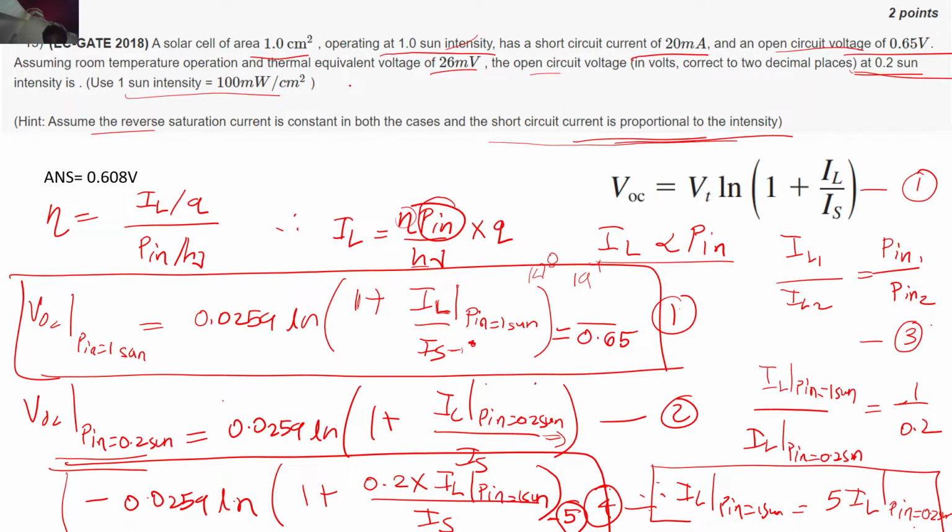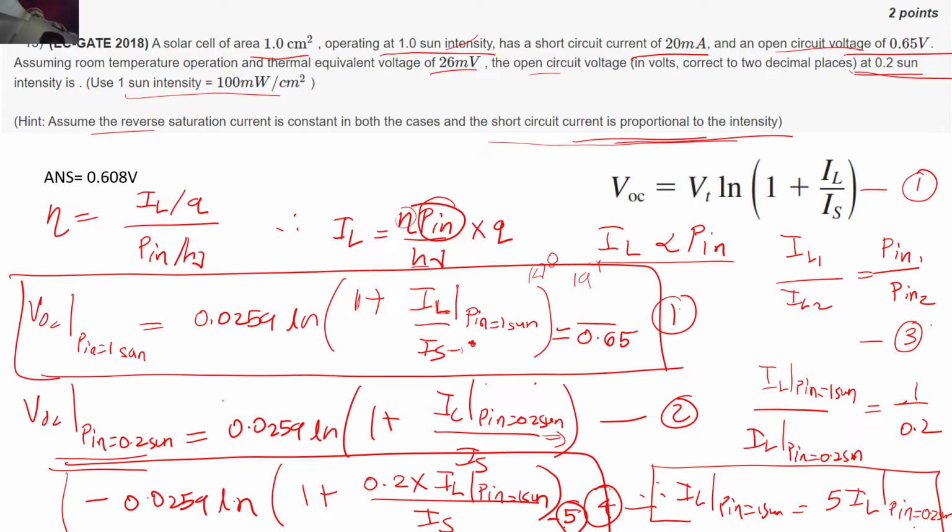So from 1, VOC at P_in equal to 1 sun is equal to 0.0259 times ln of IL by IS at P_in equal to 1 sun. And similarly for equation number 5,